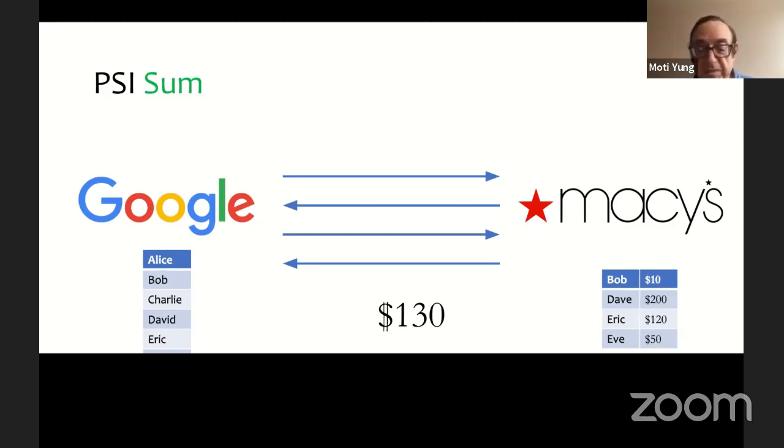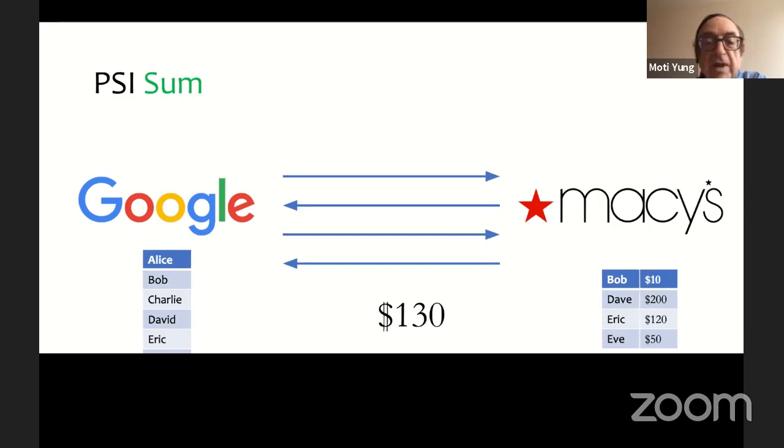And these problems, size and sum, are apparently interesting commercial quantities that people want to calculate. Often the cardinality, but at some points also the sum.